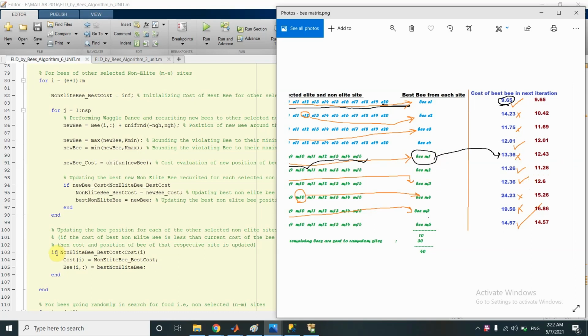So this if statement will do the same thing. It will compare the non-elite B best cost with the cost value of the corresponding row from the cost array, and if the non-elite B best cost is better than that value in the cost array row, then only we will update the cost value of that particular row of this cost array as the non-elite B best cost, and along with updating the cost, we will also update the position of the corresponding B in the B matrix. That is,